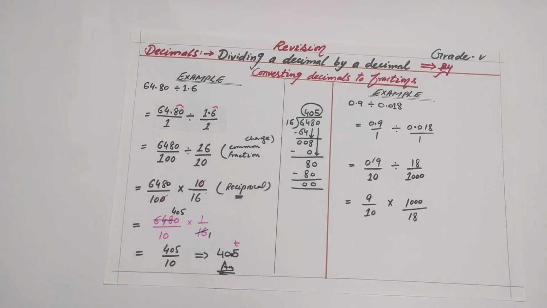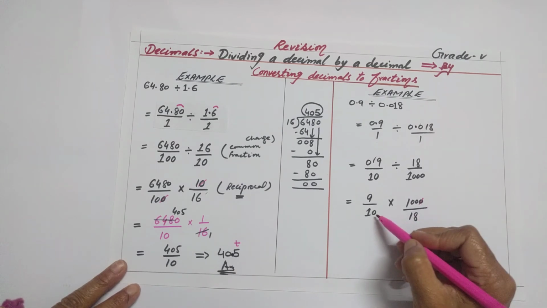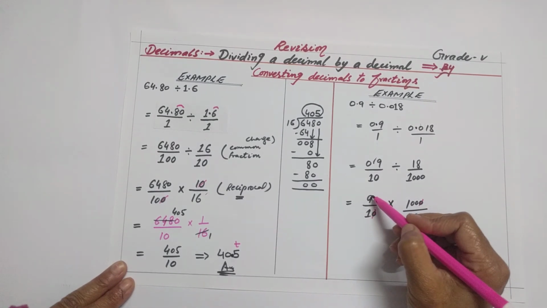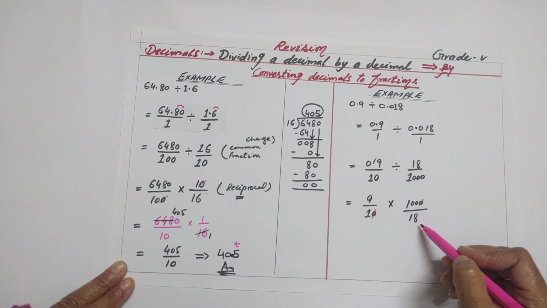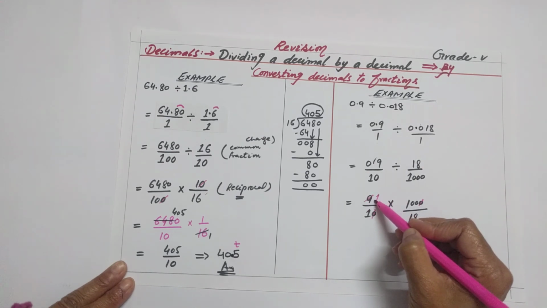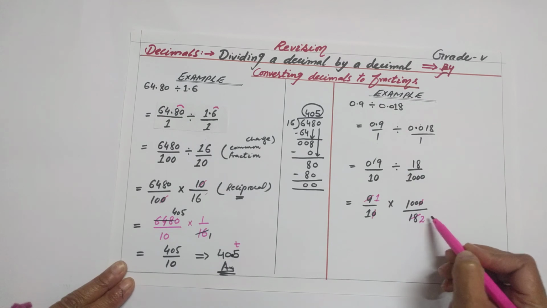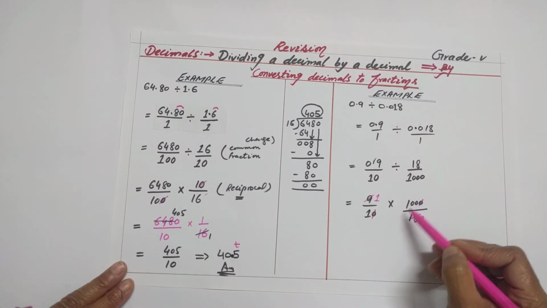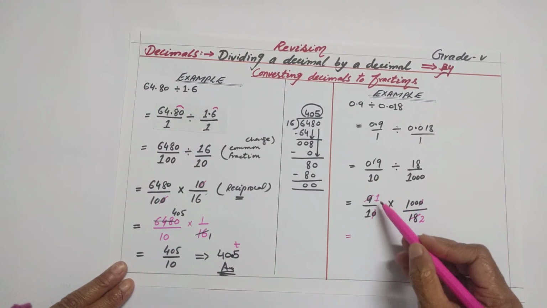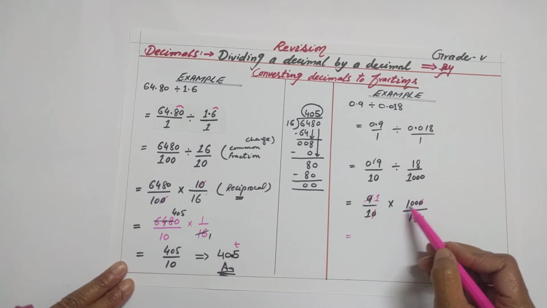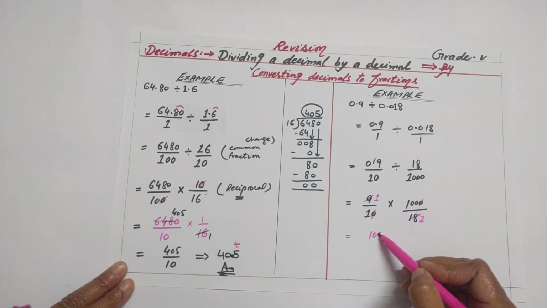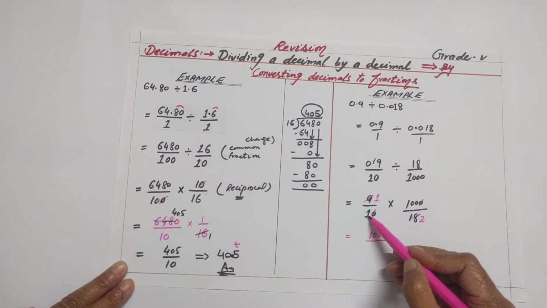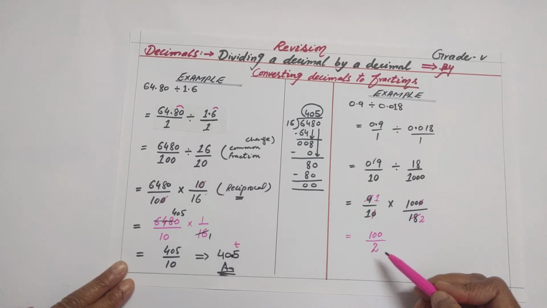Now we have to find the lowest term of these fractions. We can cross out the 0 by 0, and as the common factor of 9 and 18 is 9, so 9 ones are 9 and 9 twos are 18. We are using the common factor. Now in the numerator, the left number is 1 multiplied by 100, so 1 hundreds are 100, and in the denominator we have 1 multiplied by 2, so 1 twos are 2.